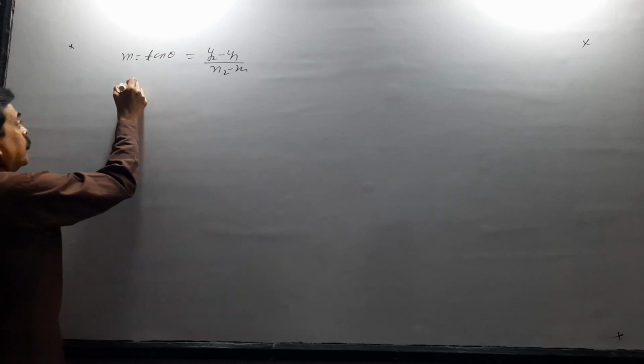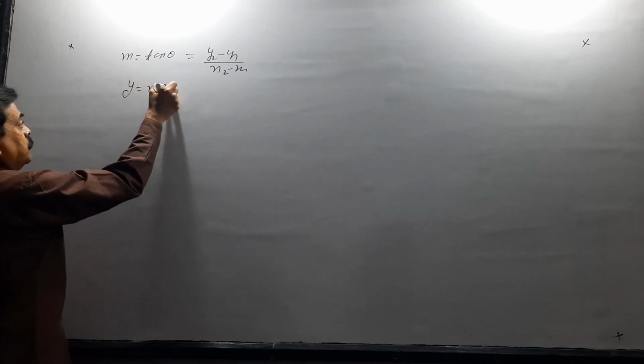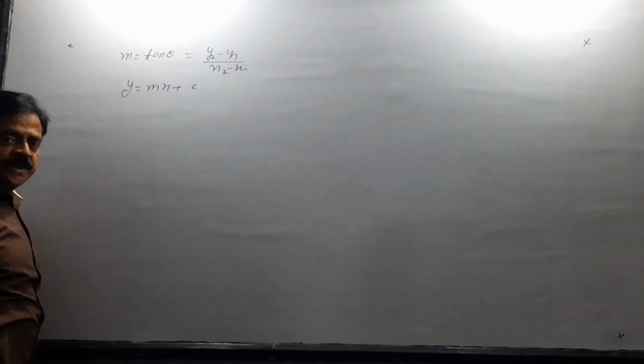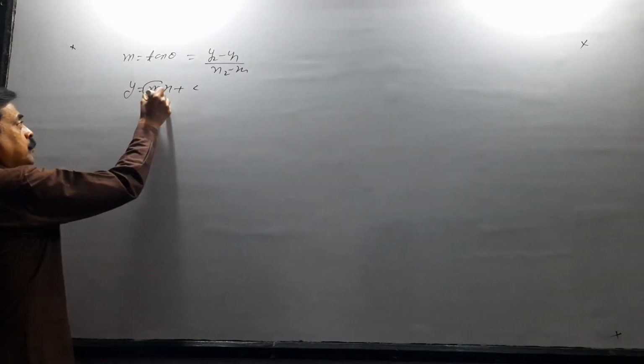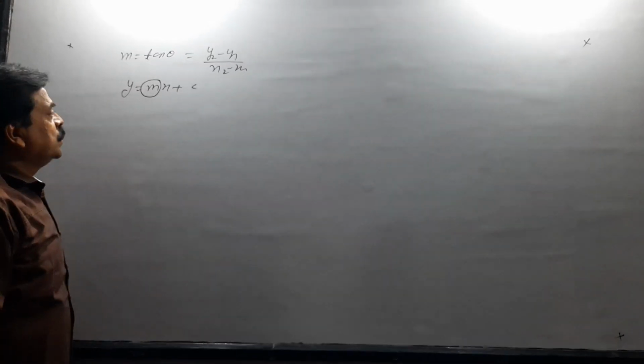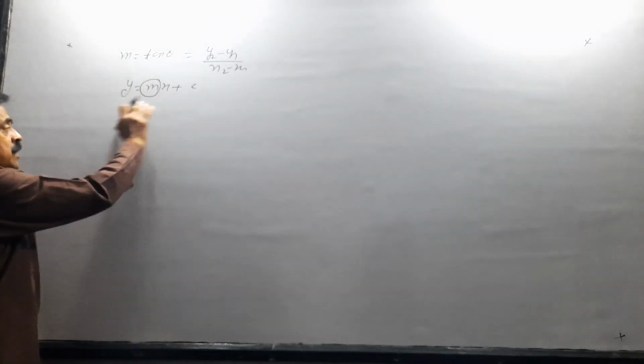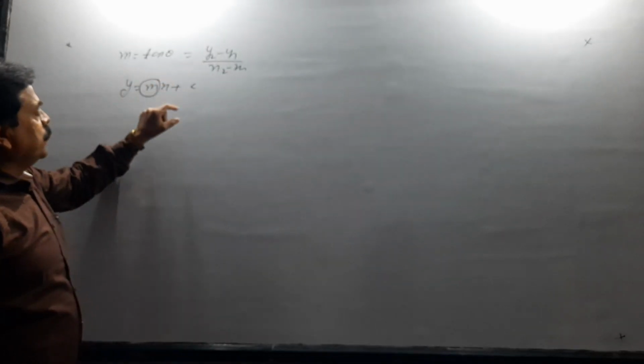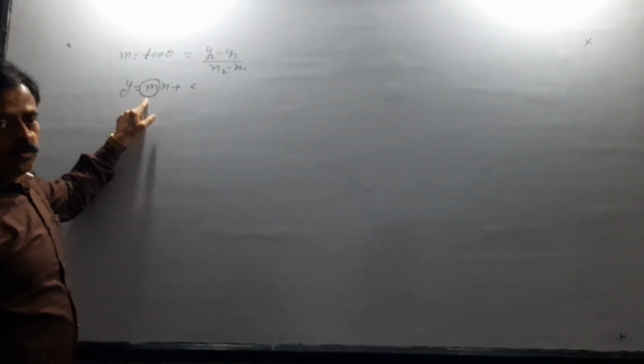And third form, if y is equal to mx plus c is equation of a straight line, then m is the slope. So slope may be obtained in these three ways. If equation of line is given, then convert the line into this form and the coefficient of x is the slope. Some questions related to these.